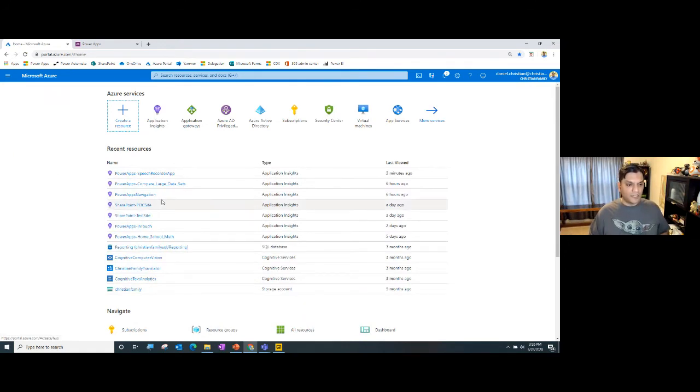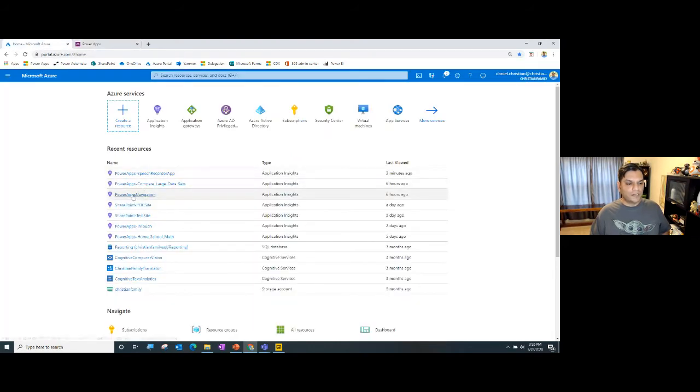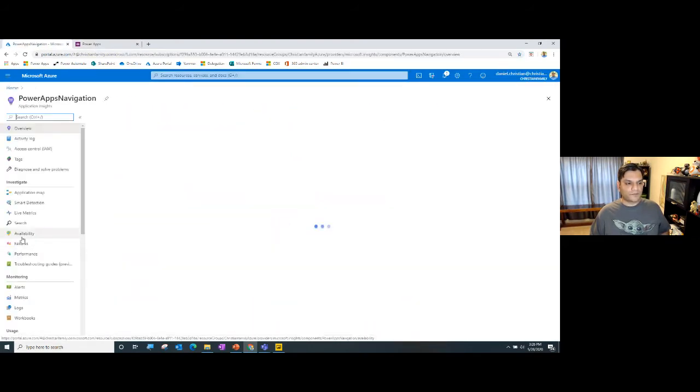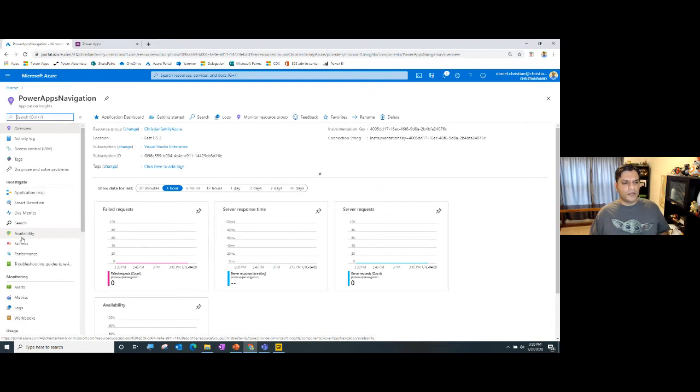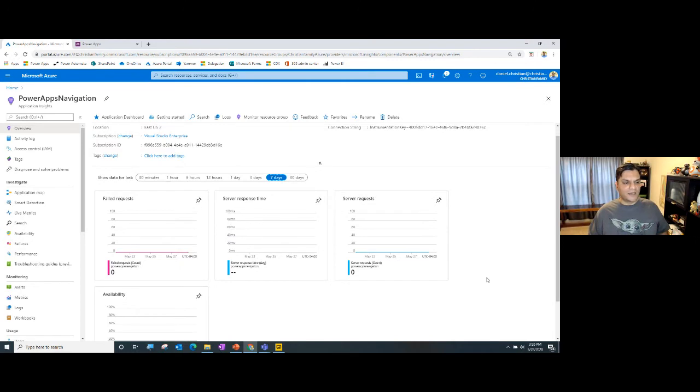All right, so I'm going to come over here, and like I said, my naming convention is I put in Power Apps, and then the app itself is called navigation. I think that's what I call it. Yep, navigation app. So now I know what that app is. I'm going to come over here. All right, overview. I know that this information has been running for a while, for over 7 days. So pretty much everything I do, I'll be seeing for about 3 to 7 days. So there's really not much information that has been gathered over here, but again, let's keep moving forward, right?